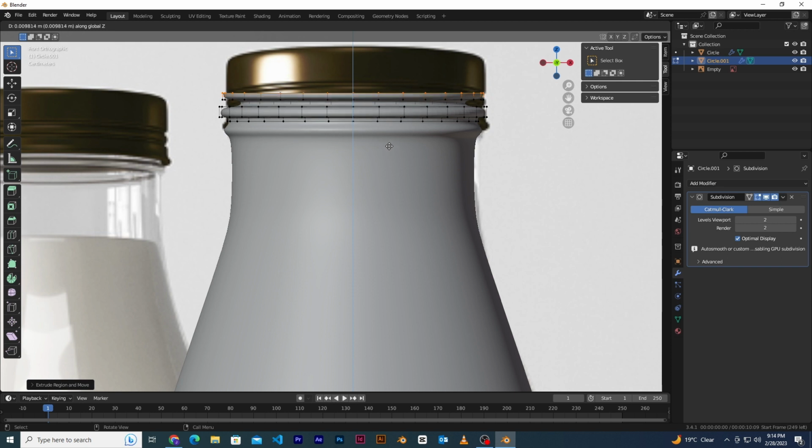What I've noticed is that, depending on what you want to do with the bottle, if you're just creating it for yourself and for the render, you don't necessarily have to do everything exact, like trying to make those screws. You could use the screw modifier to create them so that they go all the way around on the bottle, but